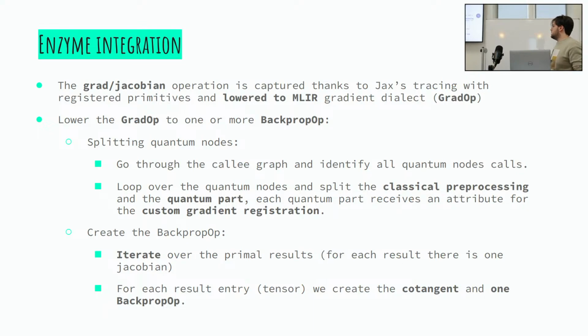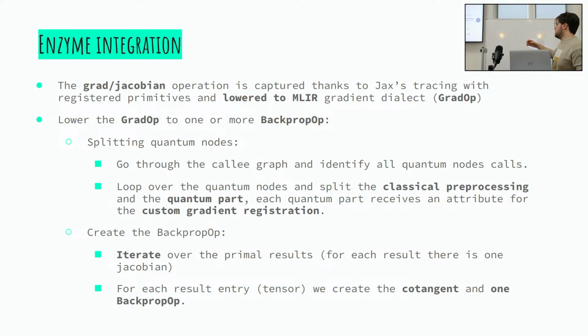So first we split the quantum nodes. We go through the program graph. We identify all those quantum nodes. We separate the classical processing and the quantum part. And for the quantum part, we register the quantum gradients with, for example, the parameter shift rule, as I showed you before. Or if you have only access to a simulator, you can use the adjoint differentiation that was also presented before. After creating this backprop op, you will